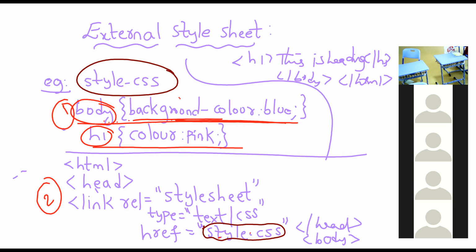Yes, tell me, Yamini. You didn't tell us how to change the images. I didn't get you actually. You want to know how to apply images, right? Yes. You can use the background-image property, which specifies which image you want to use as the background of an element. You have to download it, or if it is already available in your system, you have to mention its URL. Then only you can get that image in the background.